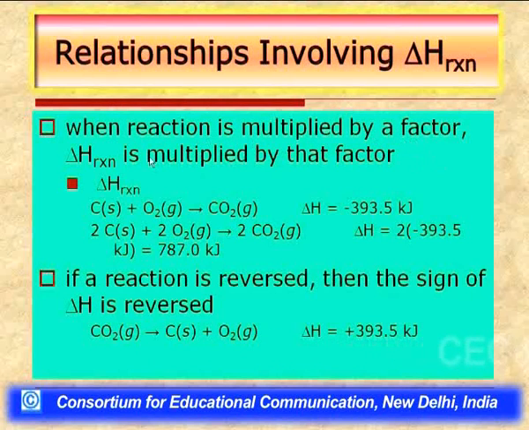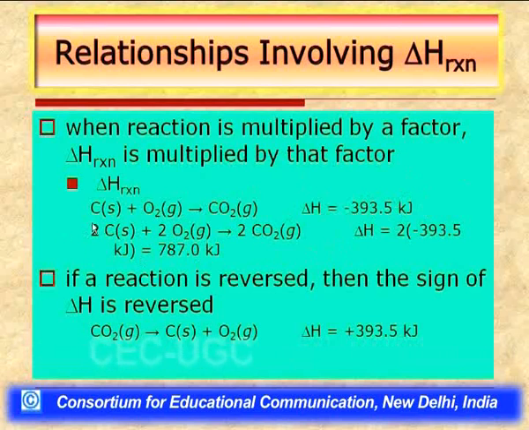As I said, we need to write a balanced chemical equation, for which the enthalpy change of the reaction system for unit extent of reaction is its reaction enthalpy. We can consider this first equation. Here carbon in solid form combines with oxygen gas and forms carbon dioxide. So, 1 mole of carbon combines with 1 mole of oxygen and 1 mole of carbon dioxide is produced, and the change in enthalpy of the system for this unit extent of reaction is minus 393.5 kilojoule. That is, this much heat is evolved.